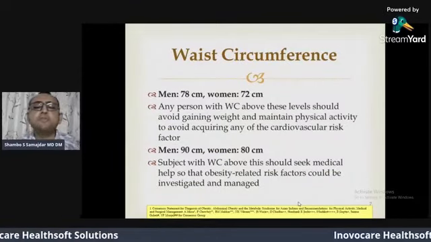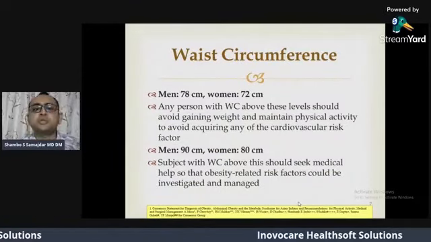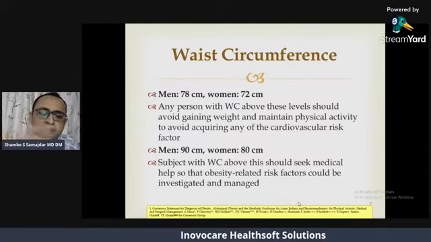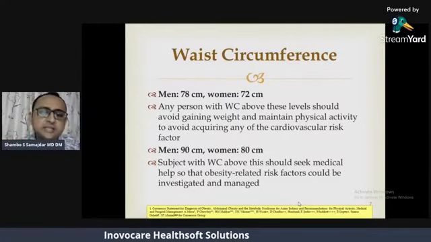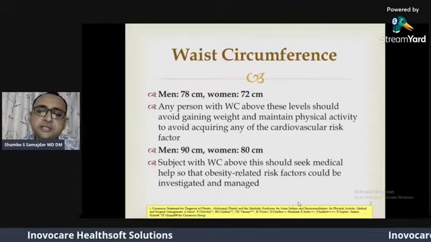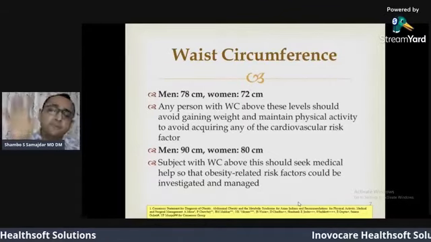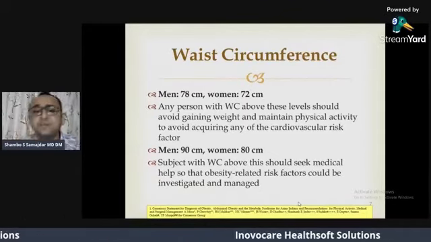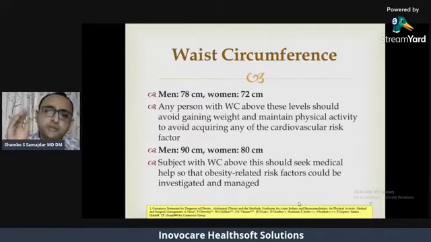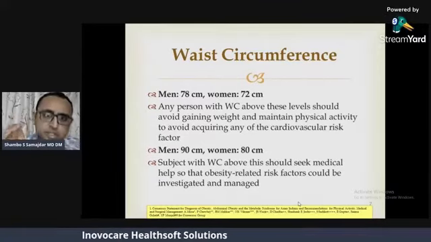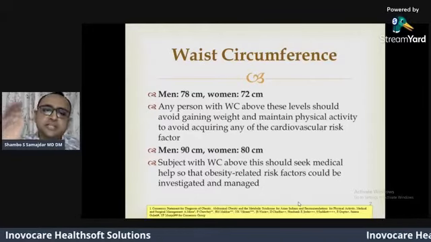But here it is also important to give emphasis on the waist circumference. The critical value is 90 centimeter for men and 80 centimeter for women. But for the maximum of our population, it is also important to give emphasis on this waist circumference, that is 78